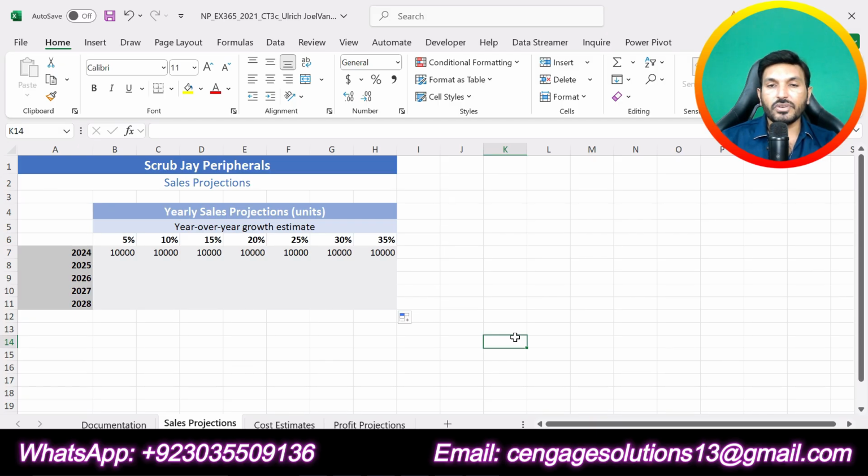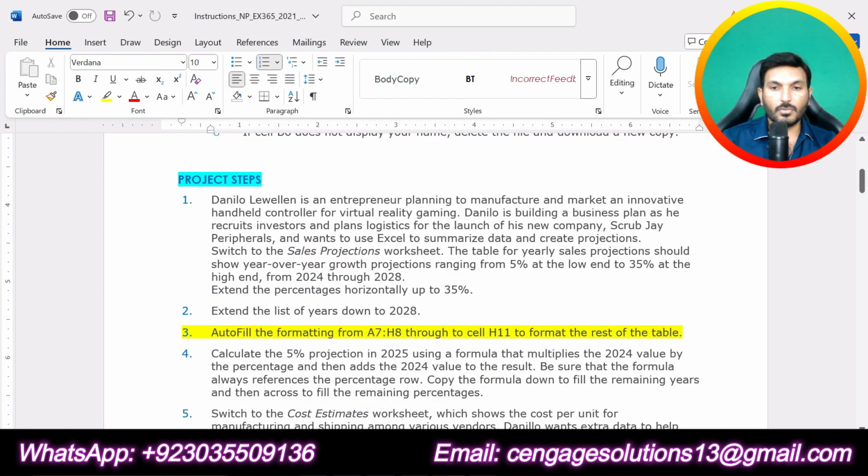Now we are going to do the next step of the assignment, that is step number 4.